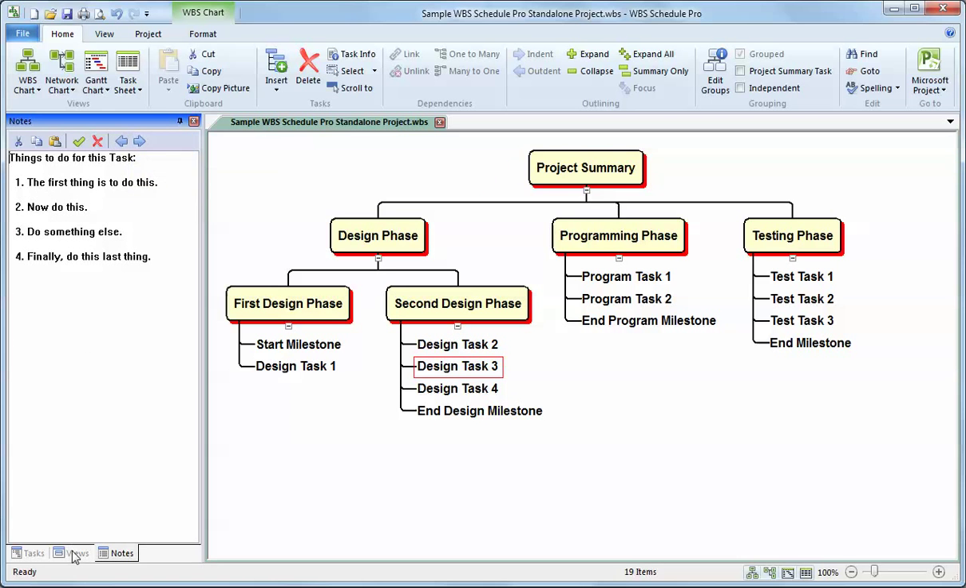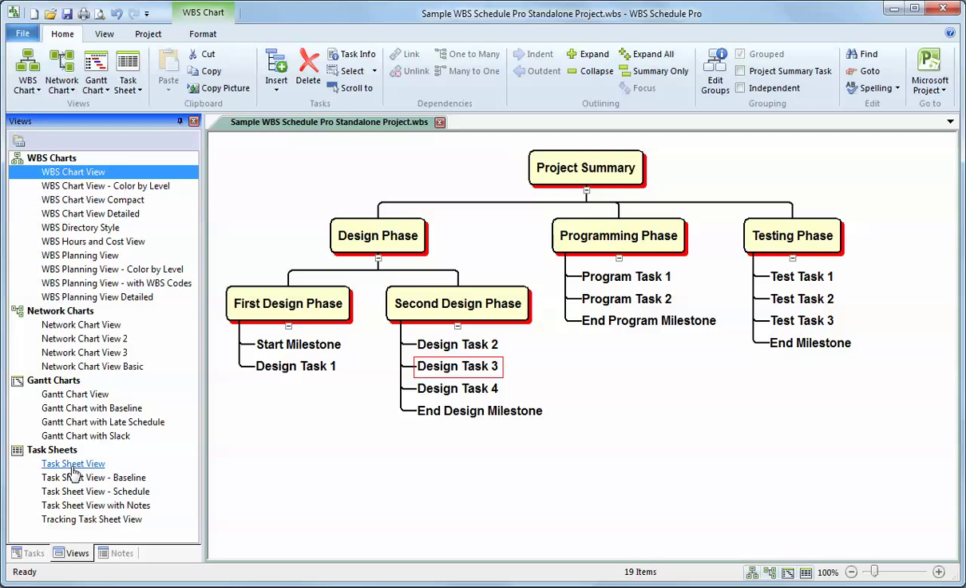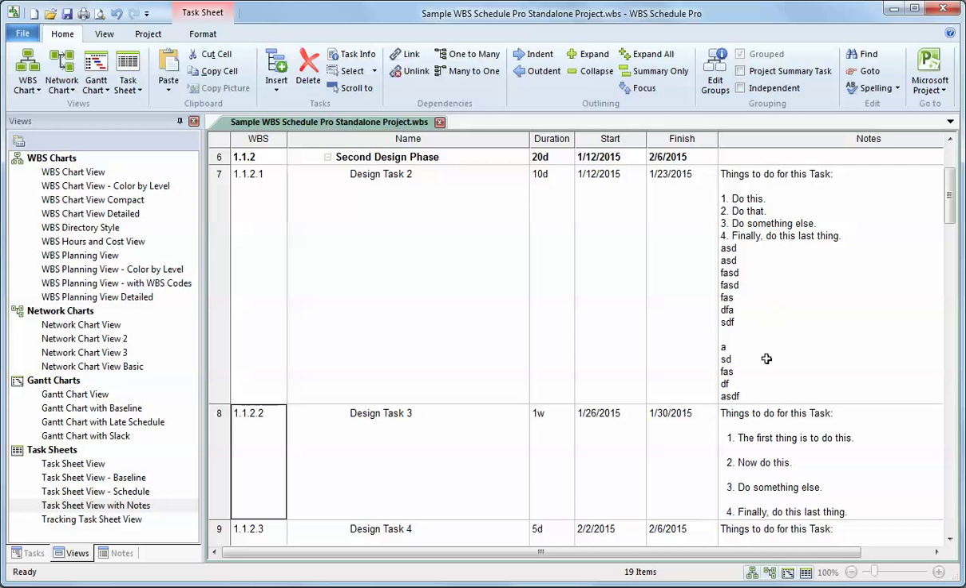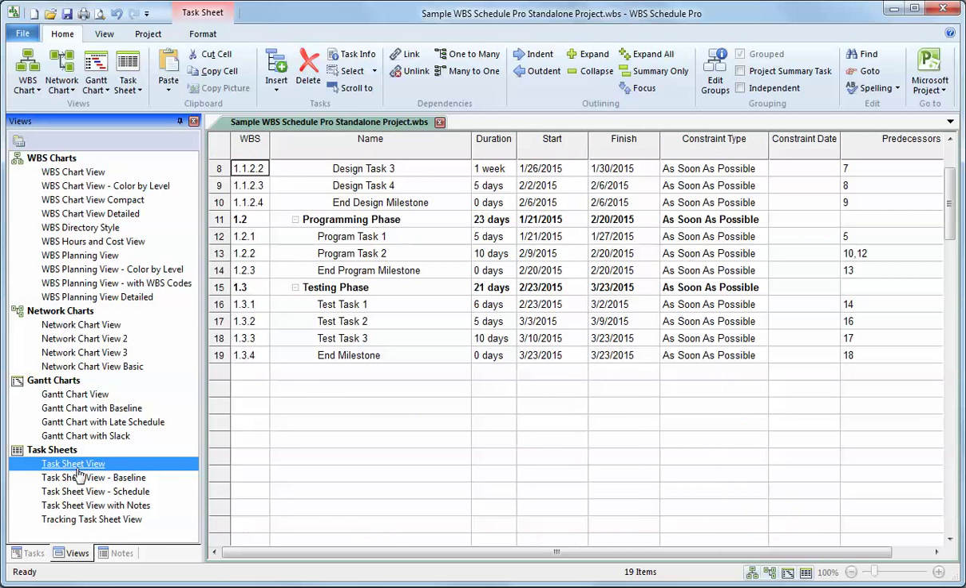You can also see notes in the task sheet. So task sheet with notes is the one sheet that comes with the predefined notes field. So you can see that for each task that has notes, the notes field is here. You can also add the notes field to any of the task sheets. So for example, this one doesn't have a notes field, but if I do want to add the notes field,